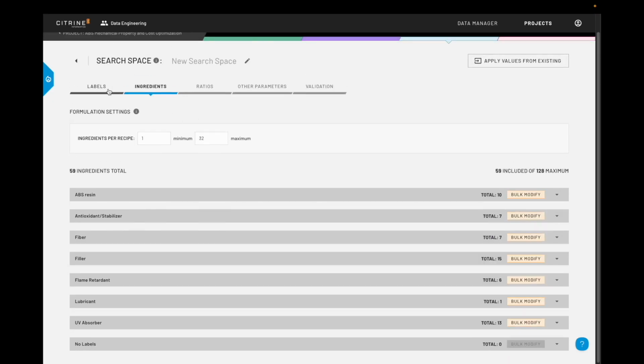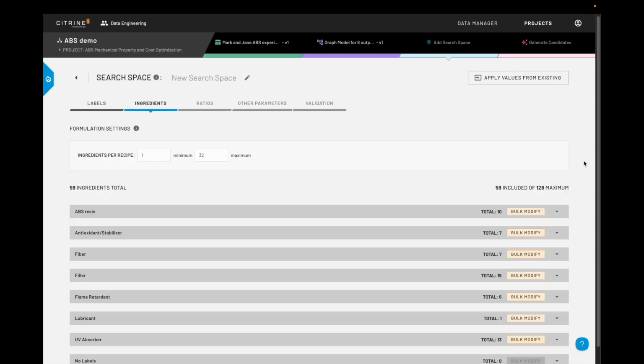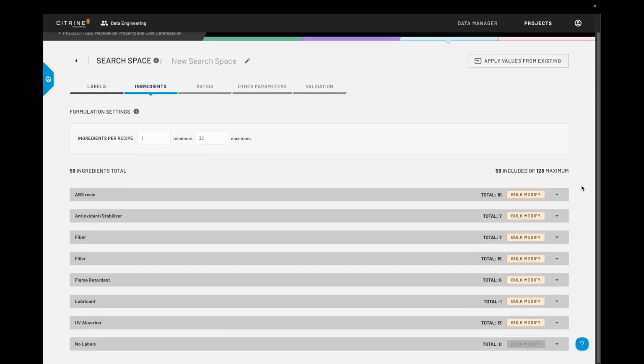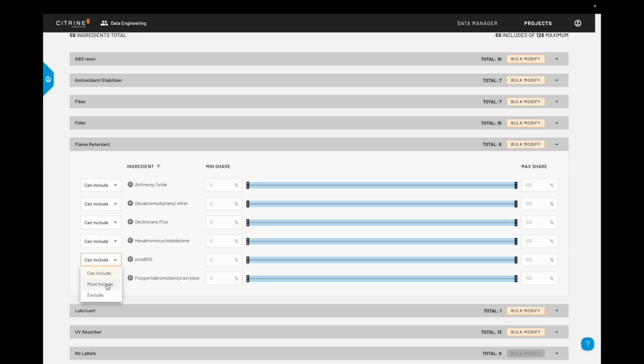The way that the default search space is created is that we will bound the constraints based on the values that we see in your training data as a way to give you a reasonable starting point for further modifying to your needs. So one example for this could be, suppose that I'm trying to optimize the mechanical properties of an ABS plastic, but I have been informed by my customer there's a certain flame retardant that I can't use. Suppose the customer said, based on regulatory reasons, we cannot use octa BDE, so I'm going to